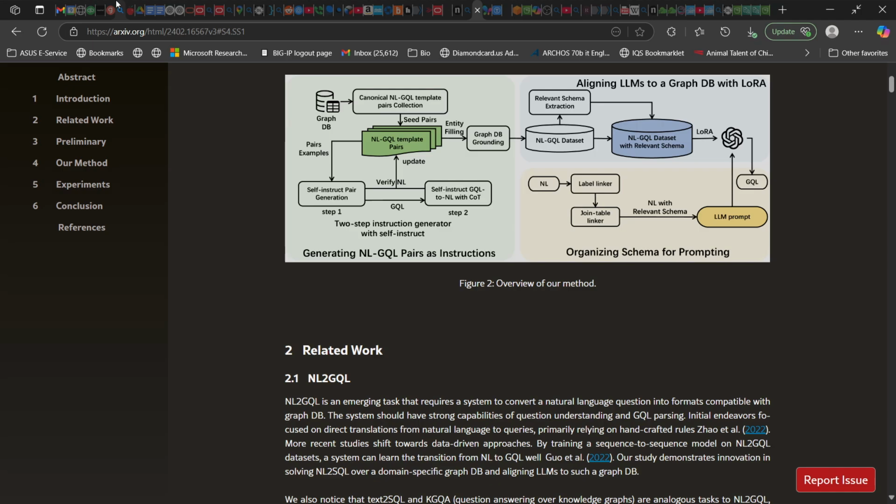2023. Xintao Wang, Qianwen Yang, Yongting Qiu, Jiaqing Liang, Qianyu He, Zhouhong Gu, Yanghua Xiao, and Wei Wang. 2023. KnowledGPT. Enhancing Large Language Models with Retrieval and Storage Access on Knowledge Bases. arXiv preprint, arXiv:2308.11761. Wang et al. 2022. Yizhong Wang, Yeganeh Kordi, Swaroop Mishra, Alisa Liu, Noah A. Smith, Daniel Khashabi, and Hannaneh Hajishirzi. 2022. Self-Instruct. Aligning language models with self-generated instructions. arXiv preprint,